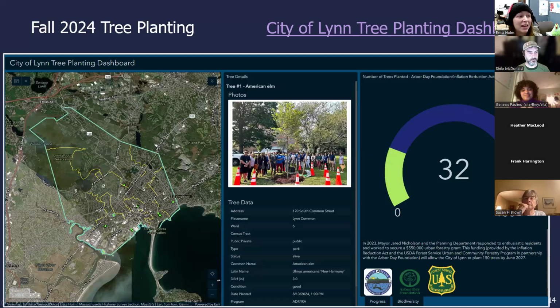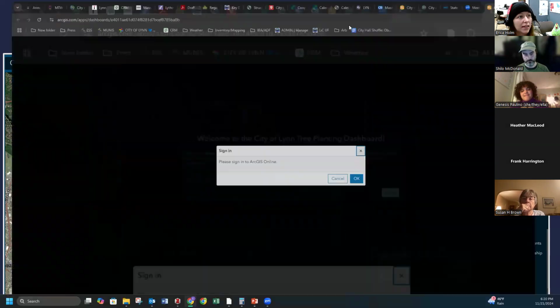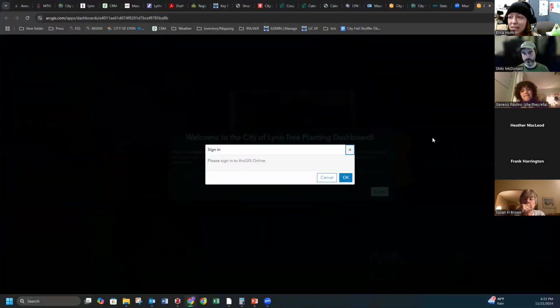And we do have an interactive map that I've made. This link does actually work. This is the confusing part. I can send this out and let me know. You probably can't see it unless I bring it over here. Can you see a black screen that says please sign in right now?